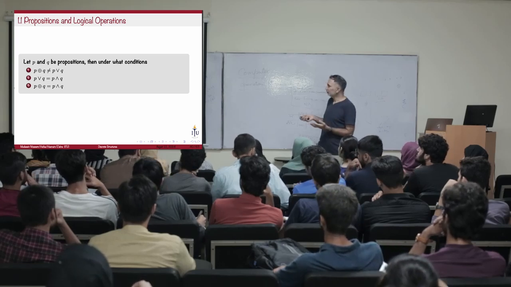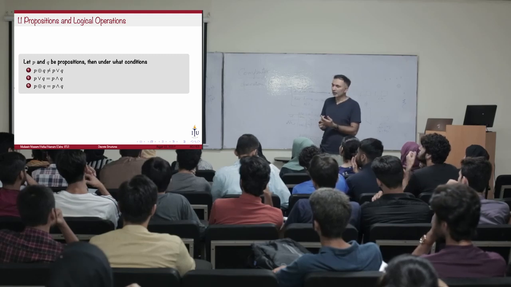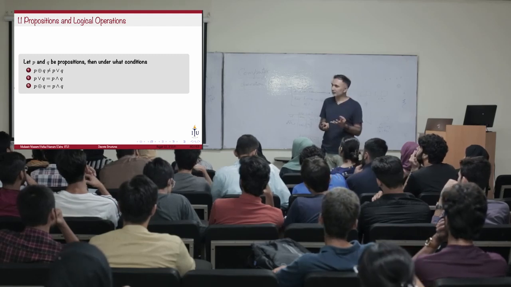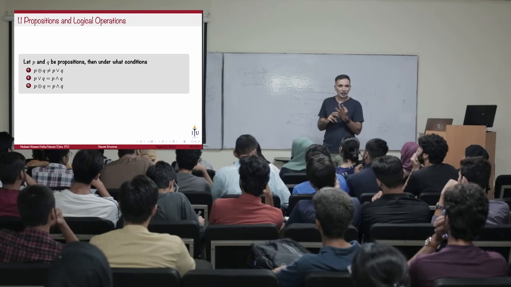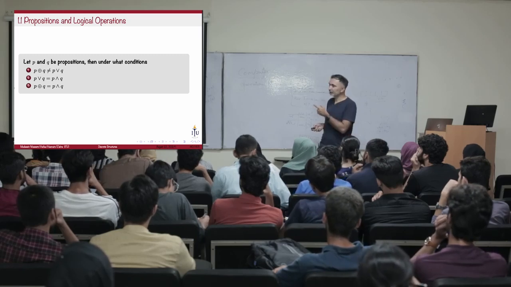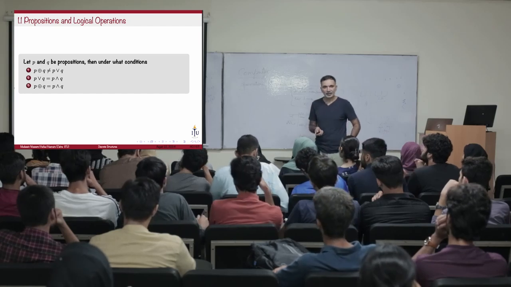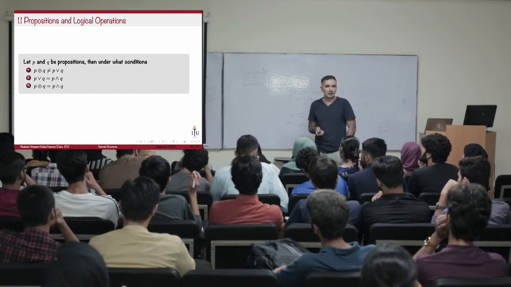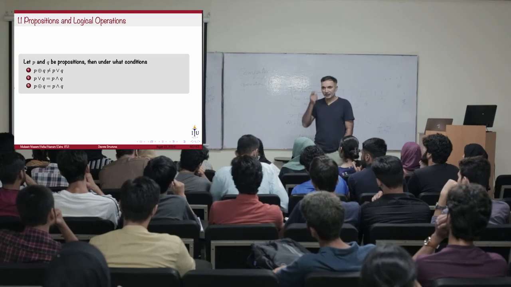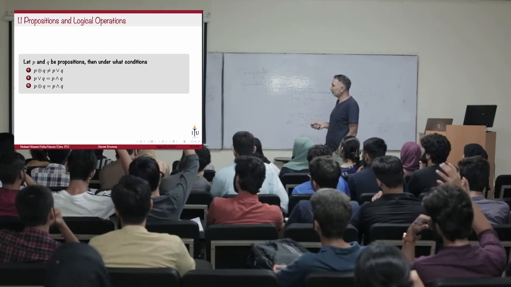So the way to solve this is to look at all possible combinations. There are 4 possibilities for the truth value of P and Q, and for each of them, you check whether they are equal or not. There is only one possibility where they are not equal, and that's when both P and Q are true. Are we good? All right, let's look at the second one, which says that P or Q is equal